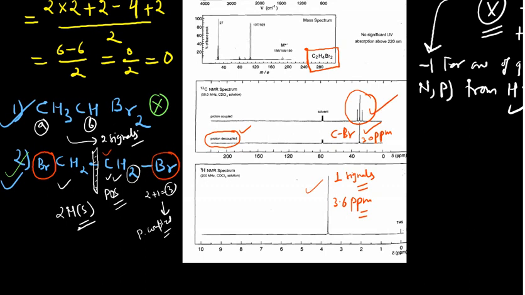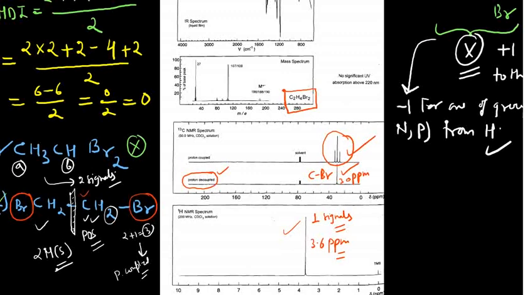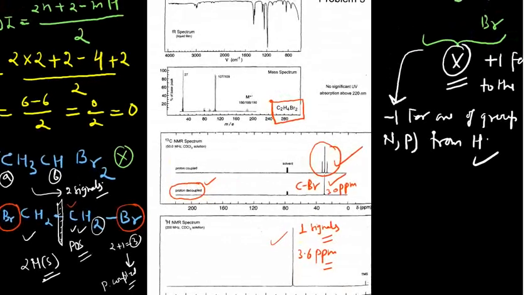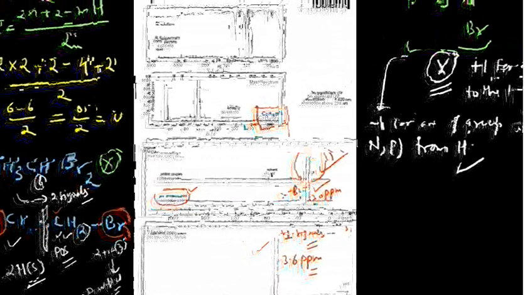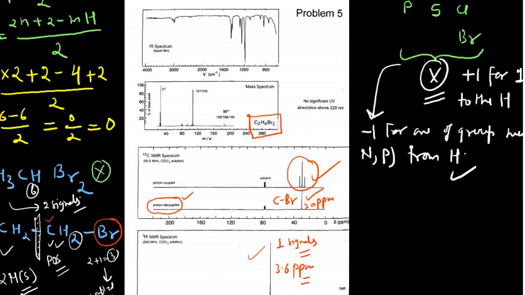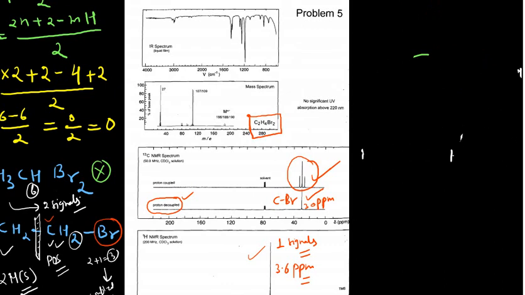Okay, now coming back to the next spectrum. This mass spectrum is very important for this particular problem, and I need some space for this, so I am removing this. Now the characteristic property you can see here is that you have the peaks at 186, 188 and 190. These are M+2 peaks, which are characteristic of a brominated compound.